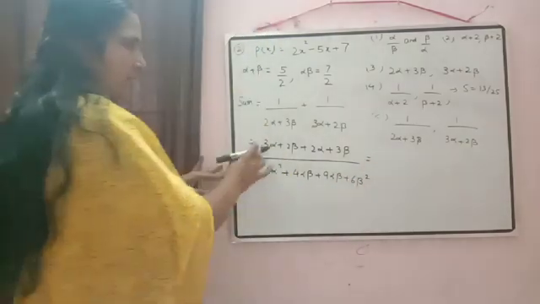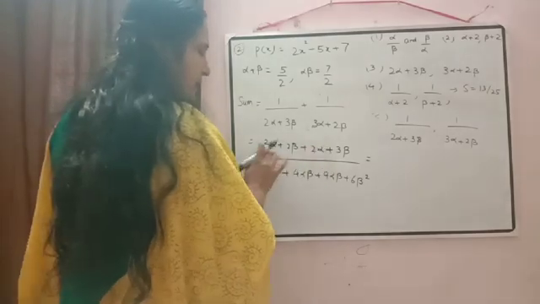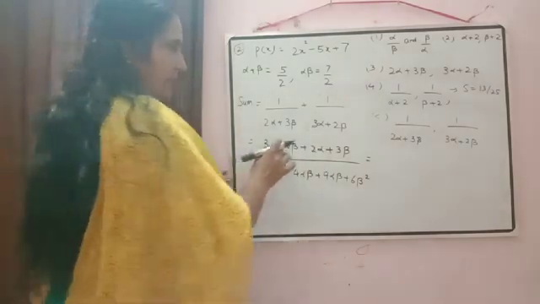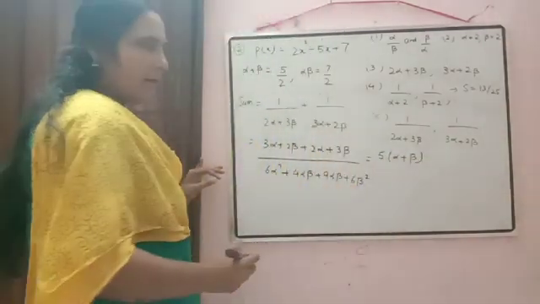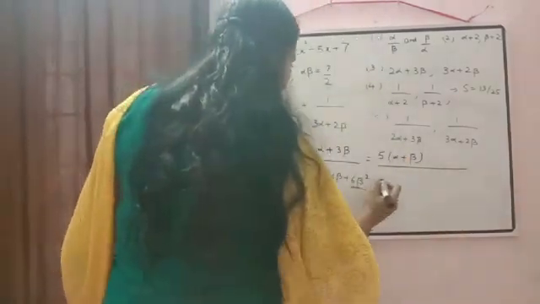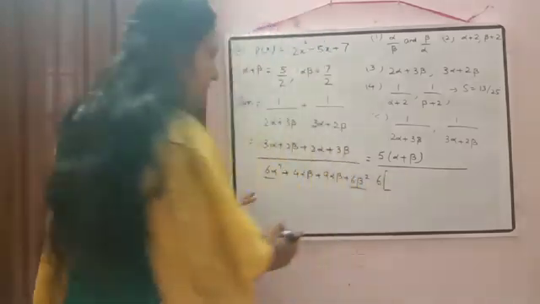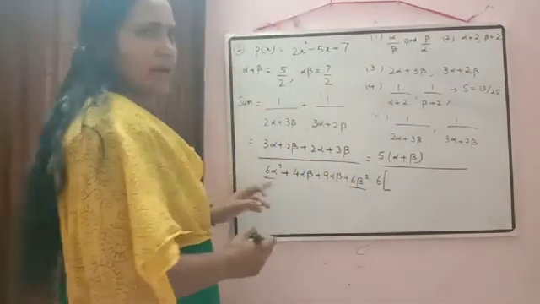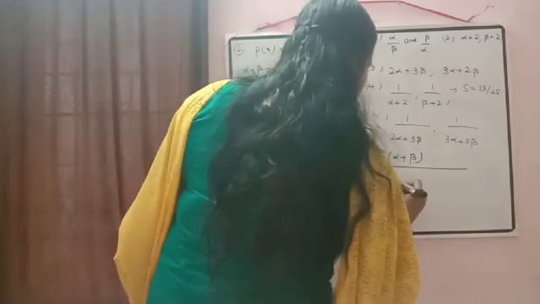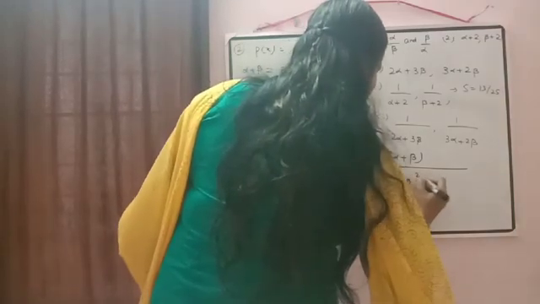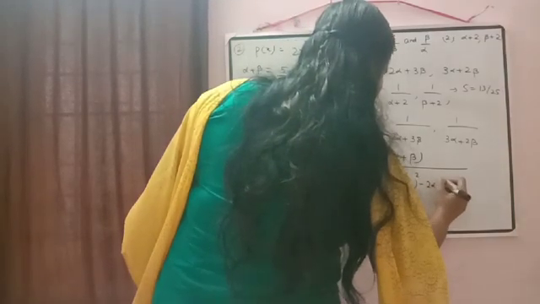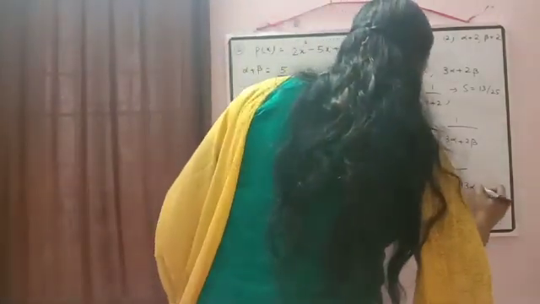Now here, 3 alpha plus 2 beta. So we will get here 3 alpha plus 2 alpha, 5 alpha plus 5 beta. So 5 we can take common. Inside the bracket it will be equal to alpha plus beta, by. Here from these two terms we can take 6 common. Then inside the bracket it will be equal to alpha square plus beta square, which can be written as alpha plus beta the whole square minus 2 alpha beta plus 13 alpha beta.